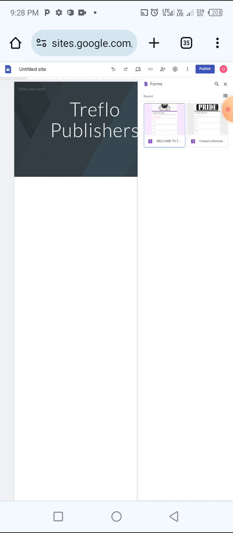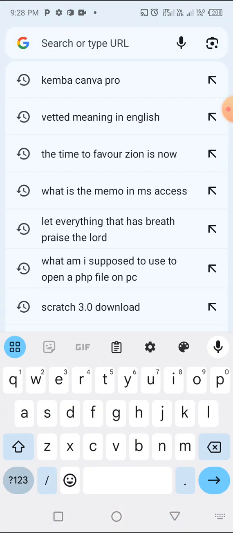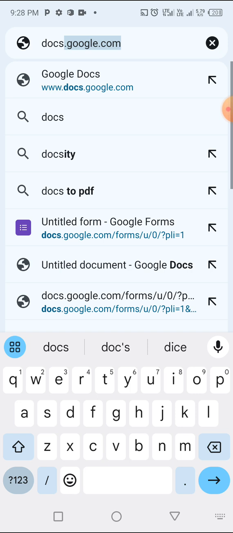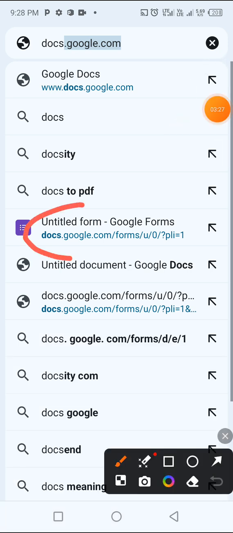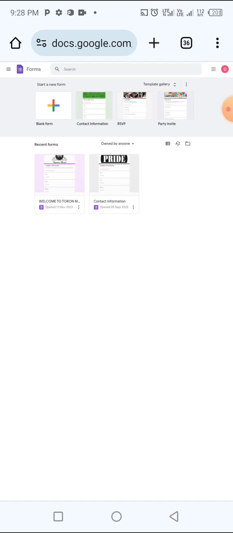Now I have some forms here that I have created. Assuming you don't have a form that you want to use, you can open another page entirely. Let's quickly do that. You can open another page entirely and type docs dot, okay, can you see this one? docs.googleform.com. You click on it, it will open up a page where you can, let's say you want to create